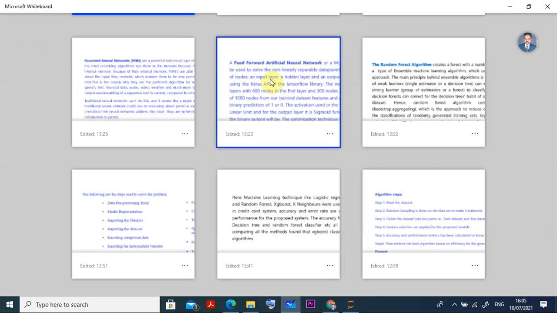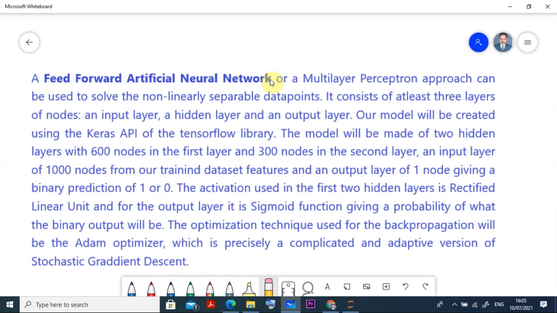Then we are going for the feed-forward architecture artificial neural network. As you know, this feed-forward artificial neural network, we call it the multi-layer perceptron, or we also call it the multi-layer artificial neural network. Same. Okay. This can be used to solve non-linearly separable data points. It consists of at least 3 layers of nodes: one is the input layer, one is the hidden layer, and the other one is the output layer.